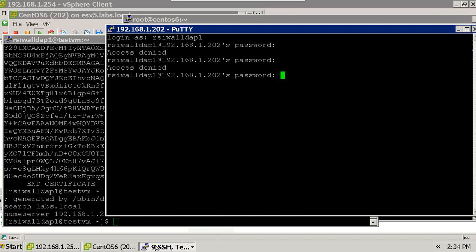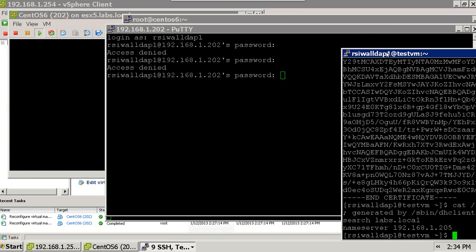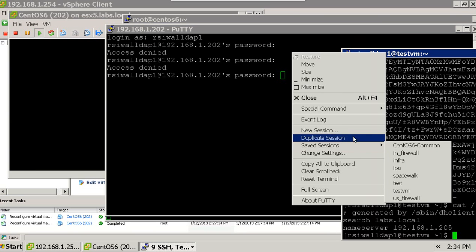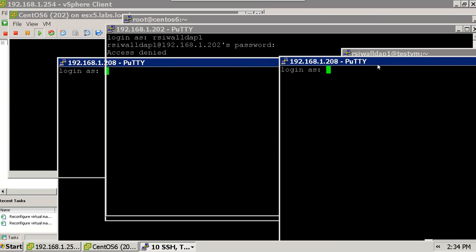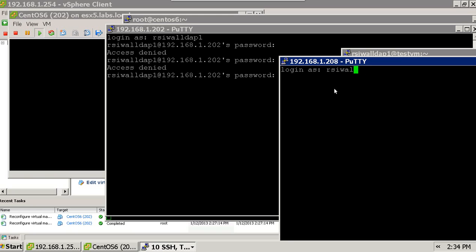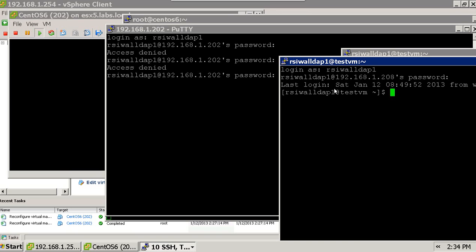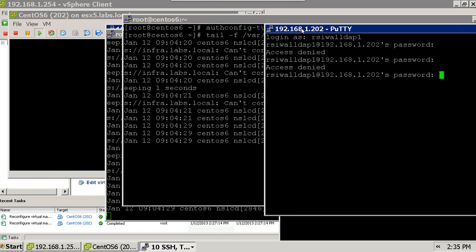Not sure, let me confirm. Duplicate the session, rcval ldap1, password rcval 1234. The password is fine, and in case I am not able to authenticate, so I expect the issue is associated